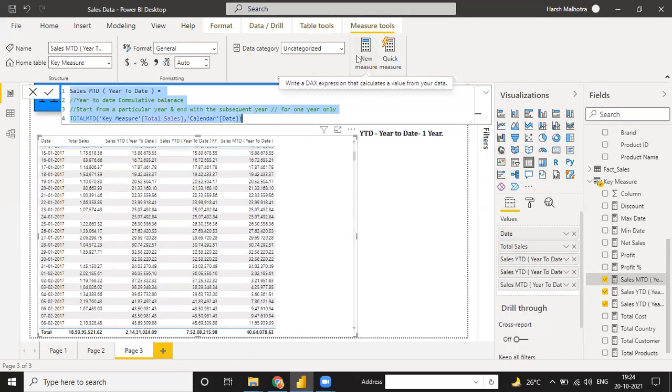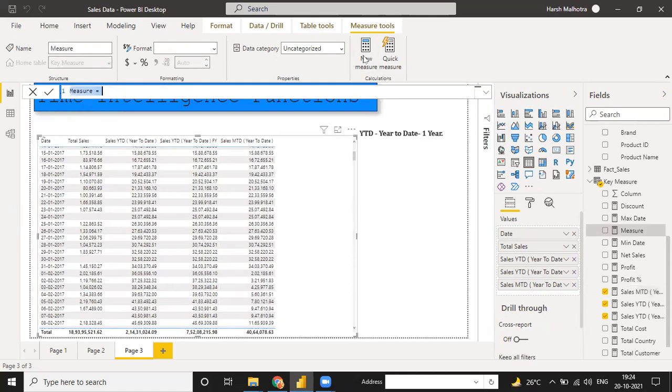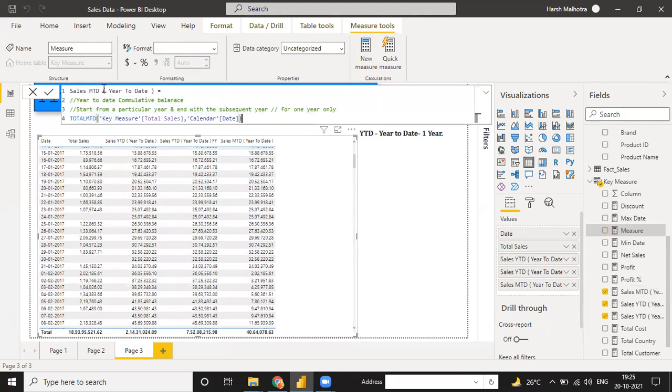I can just copy this function into a new measure, and see, there is a benefit of using copy and paste because you cannot write the same function again and again. Just put your comment on this and change your value, MTD to QTD. Or if the function is changed, you can change your value to total QTD. Same way, and just put enter.